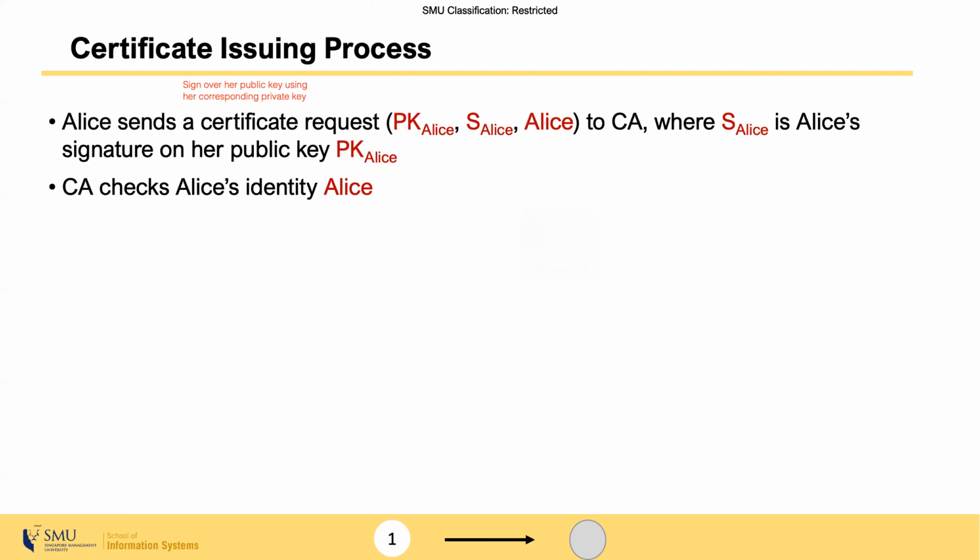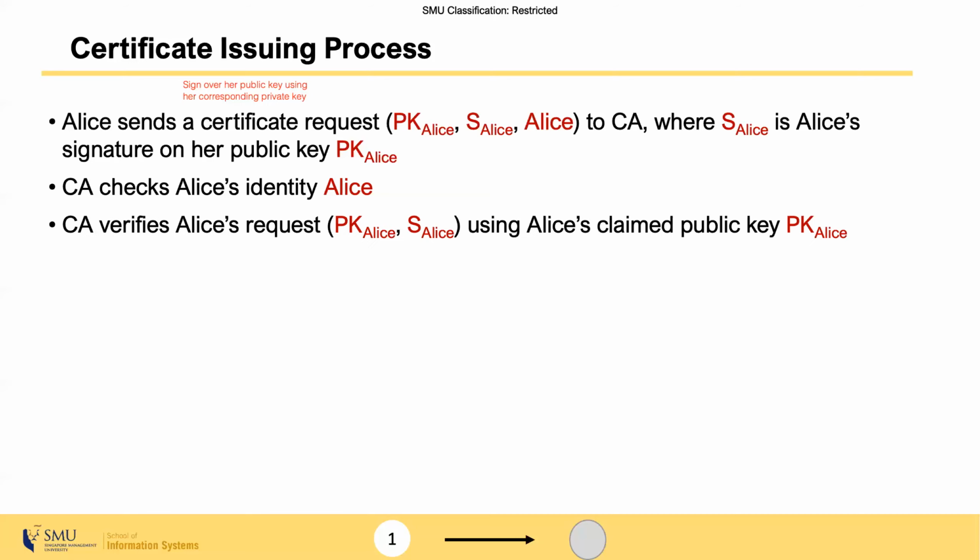So when the CA receives this information, it has to check two things. First, of course, it has to verify whether the identity information is valid. This could involve a manual verification process. That is the job of the certification authority anyway. So they will make sure the identity information checks out. So next